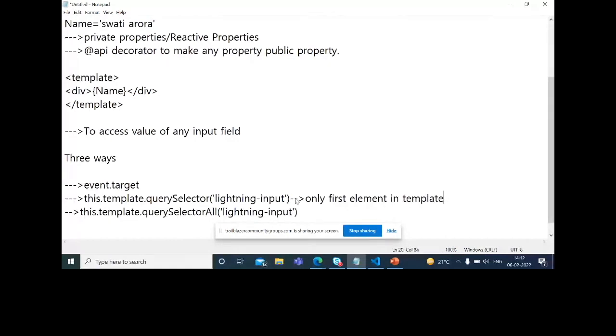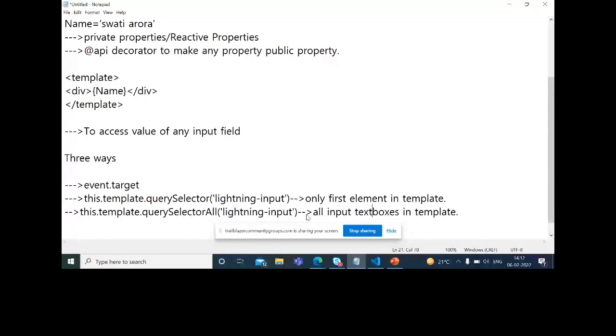Suppose there are multiple text boxes, this.template.querySelector will only query the first text box in your template. But if you want to query all the text boxes from your template, then you will go with querySelectorAll, which queries all input text boxes in the template. You have to specify which text box you want to query.